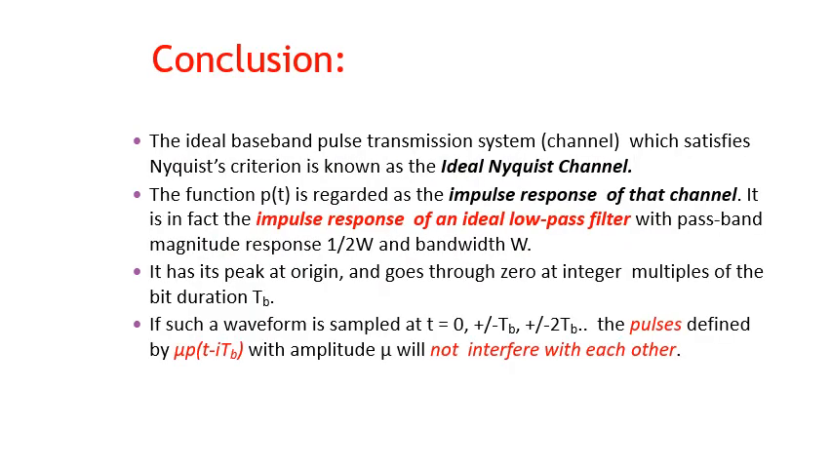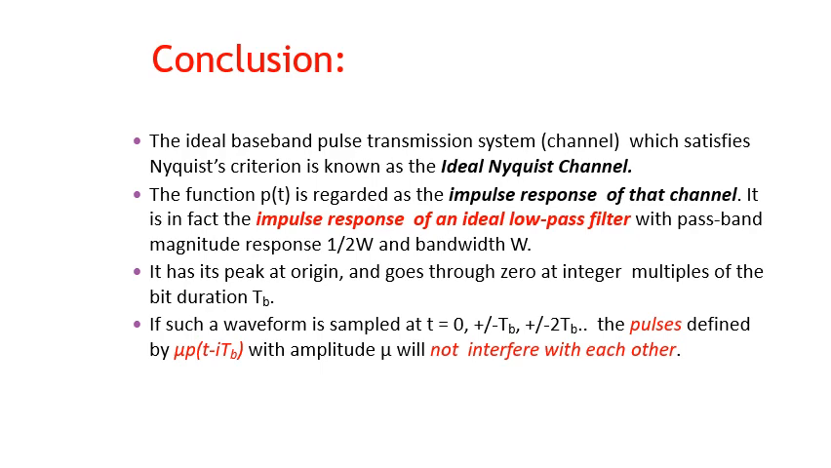Now to conclude, the ideal baseband pulse transmission system which requires the Nyquist criterion is known as the ideal Nyquist channel. The function p(t) is regarded as the impulse response of the channel. So it is in fact the impulse response of an ideal low pass filter with passband magnitude response 1/2W and